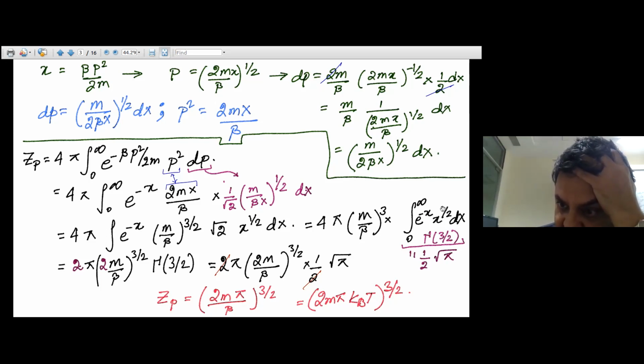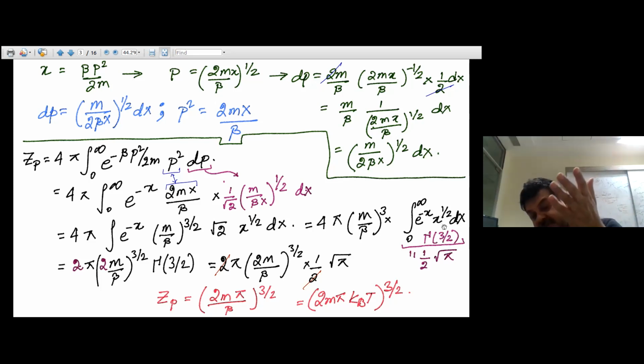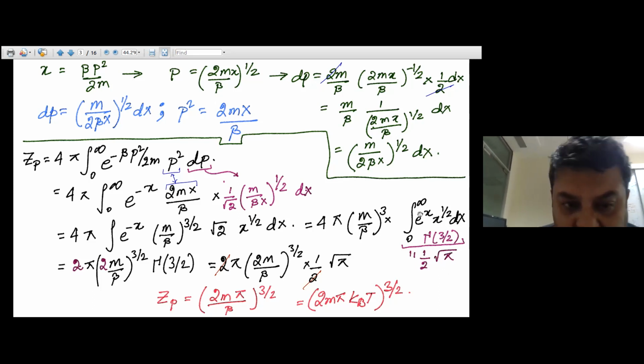And if you have x to the power half, the gamma integral is e to the power minus x, x to the power n minus 1 dx, from 0 to infinity. So this is gamma 3 by 2. If you don't know the expression for the gamma integral, this is gamma 3 by 2, which gives half into gamma half, and this value is half root pi. So you can easily integrate it, and thereby this integral Zp is